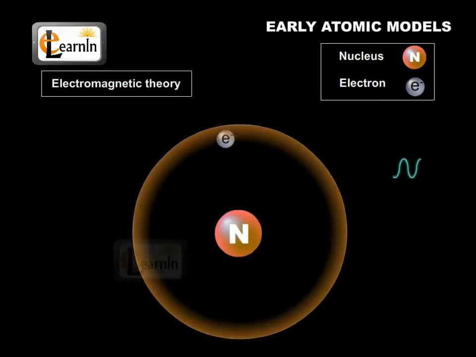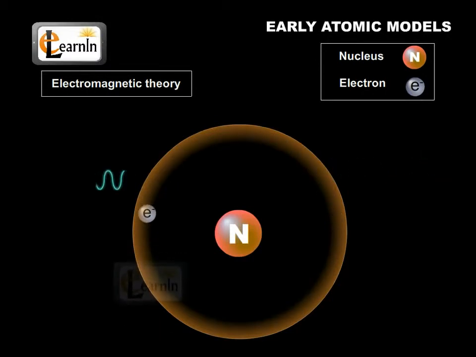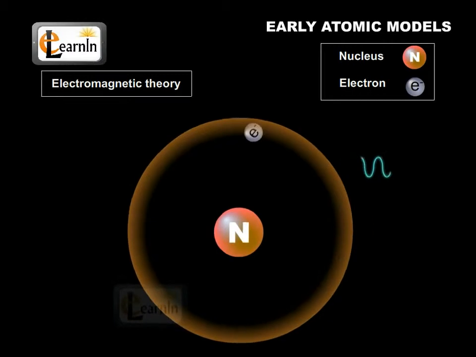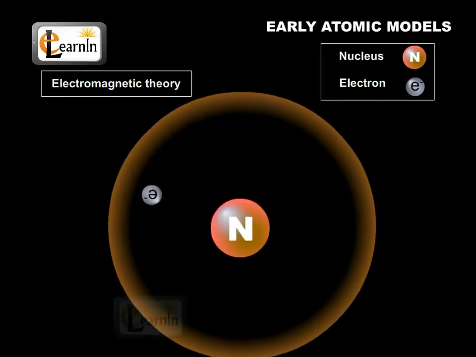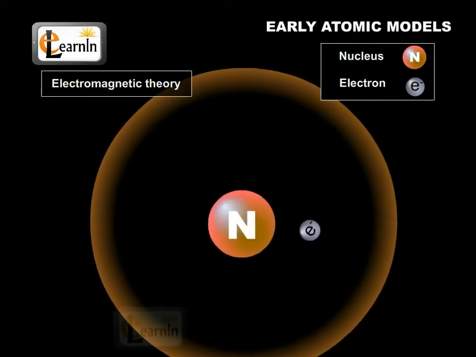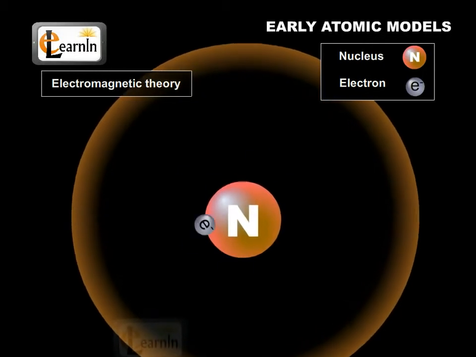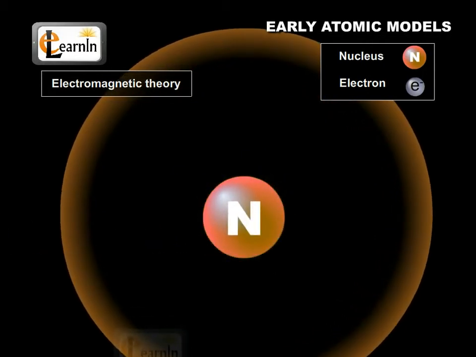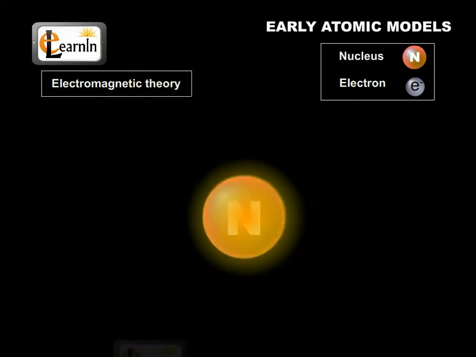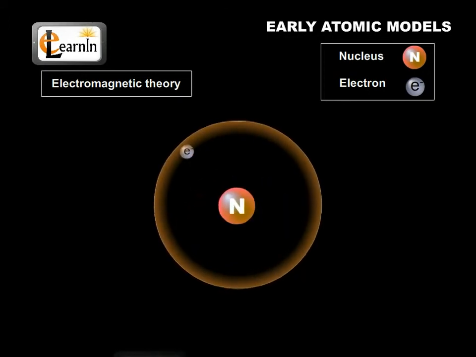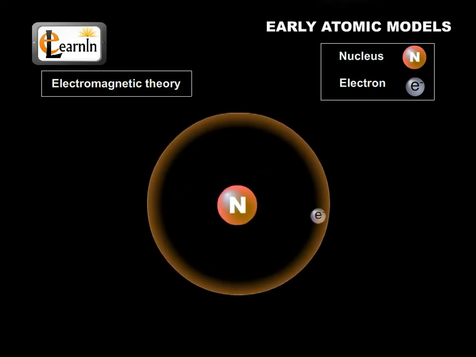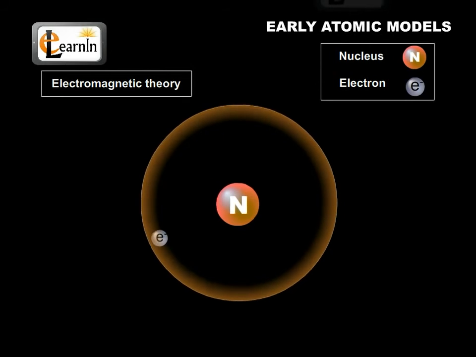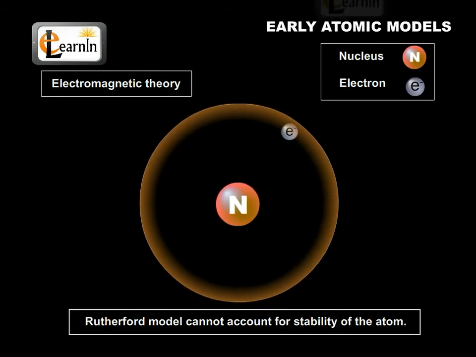However, according to electromagnetic theory, such circulating electrons should radiate energy continuously. If this is so, gradually the electrons will lose energy by circulating in circles of decreasing radii. After some time, they should fall into the nucleus. This will lead to the collapse of the atom. However, this does not happen and the atom is stable. Therefore, the Rutherford model cannot account for the stability of the